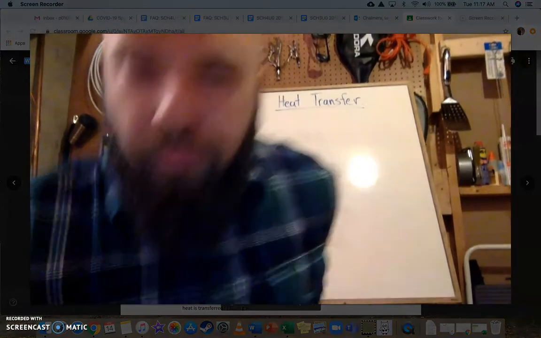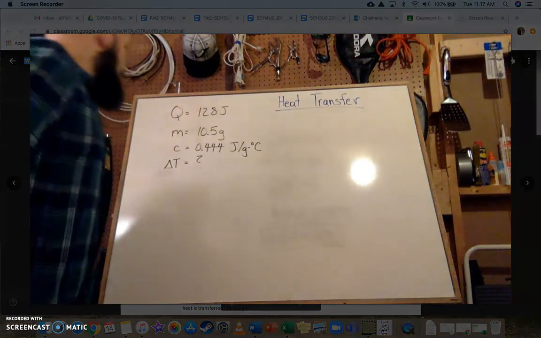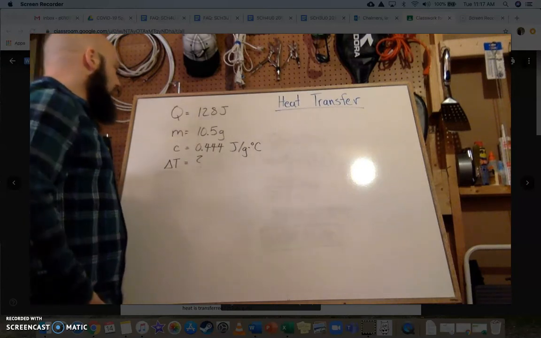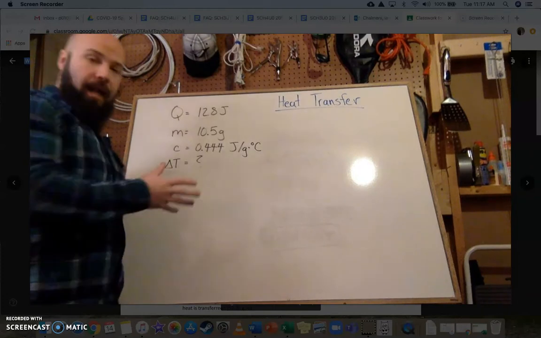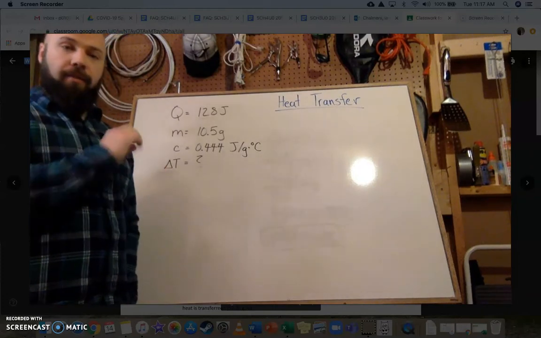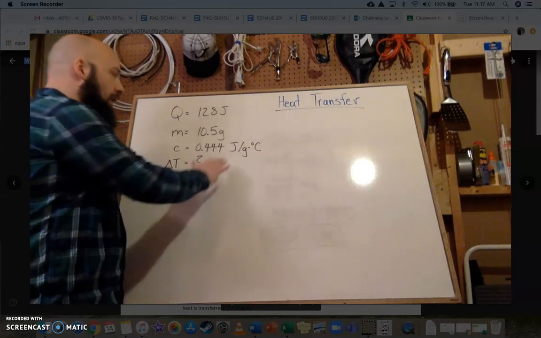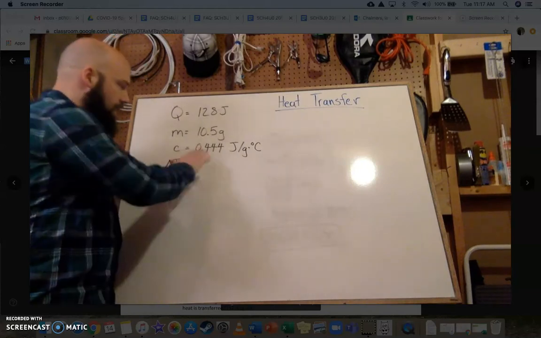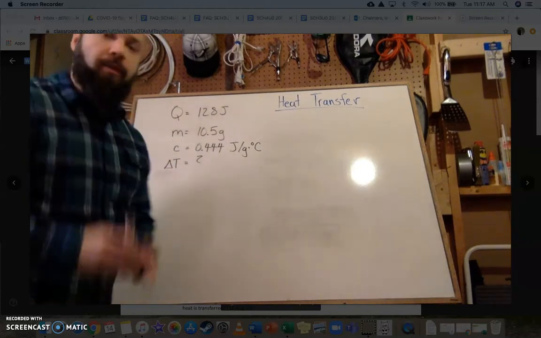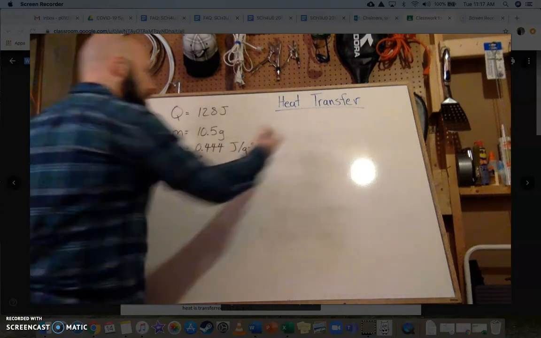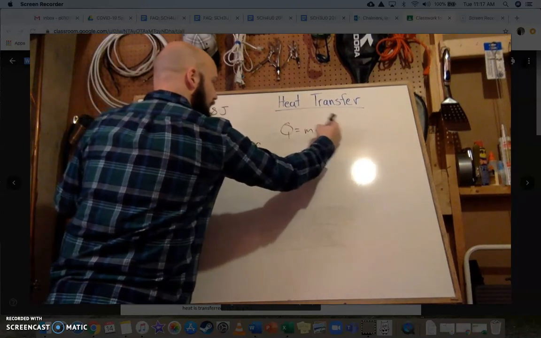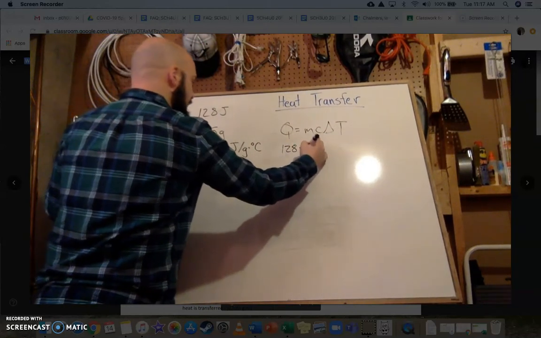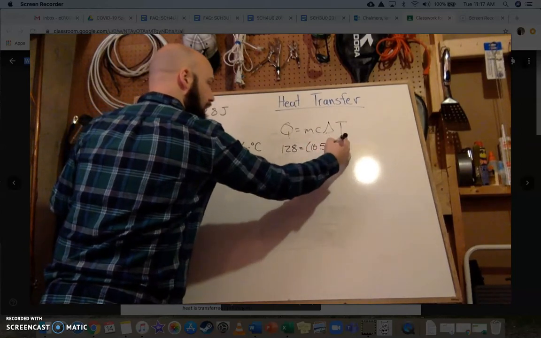So let's look at this problem. We are given in the question that 128 joules of heat is absorbed by 10.5 grams of iron, and as I mentioned, the specific heat capacity for iron is constant. This means for every gram of iron, the required amount of energy to raise it 1 degree Celsius is 0.444. So we're solving for the change in temperature. Put up our Q equals MC delta T and plug in the values that we have. We have that 128 is 10.5 times